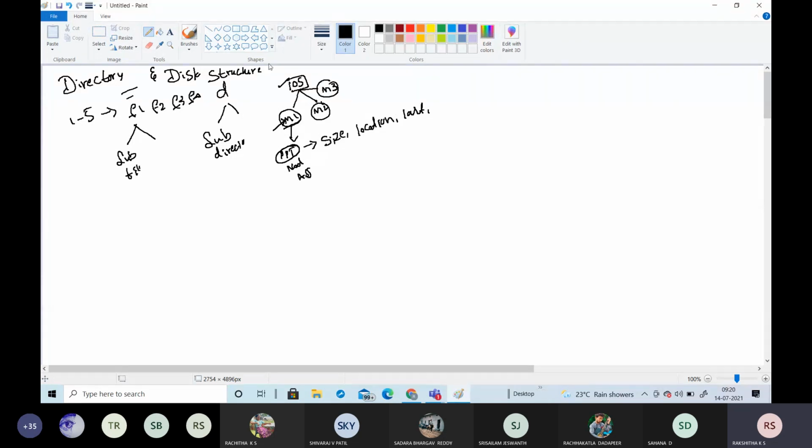So here under disk structure, we are going to study 4 different types of directory. Make a note of these 4 types of directories.